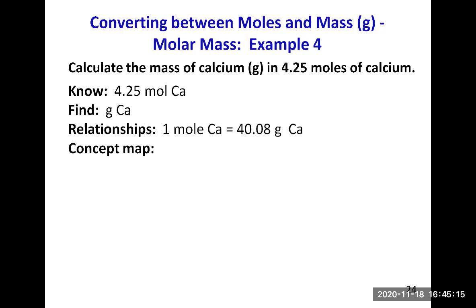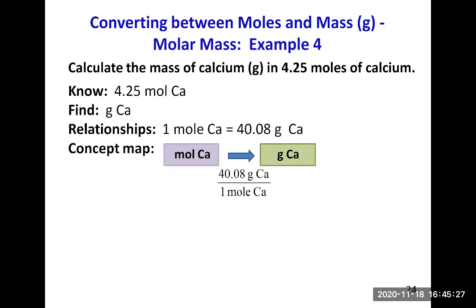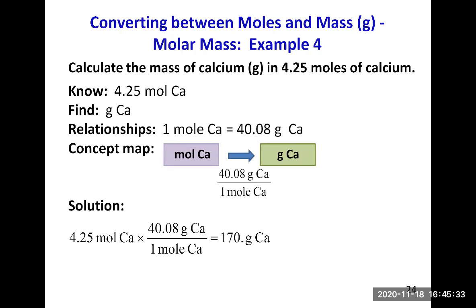Because we start with moles and we want to find grams, we will rewrite this equality as a conversion factor with the moles on the bottom, because we start with moles and we want to cancel the units of moles. So the solution looks like this. It's 4.25 moles of calcium, the given amount, multiplied by the conversion factor with the mass in grams of calcium on top and the mole of calcium on the bottom. This way we see that the moles of calcium cancel. In the calculator, you do 4.25 times 40.08, and the calculator answer is